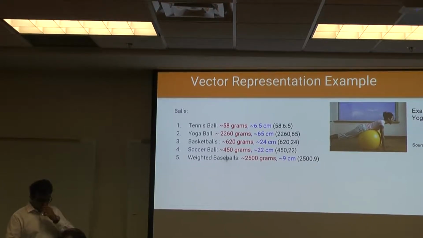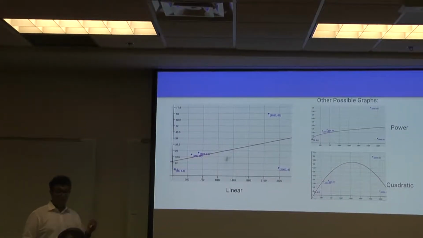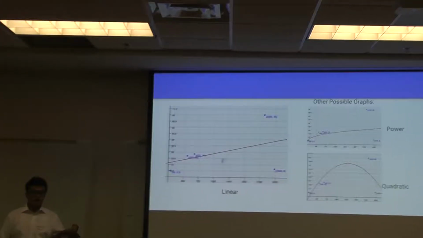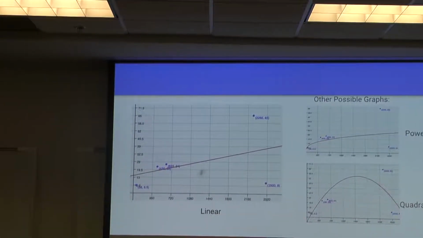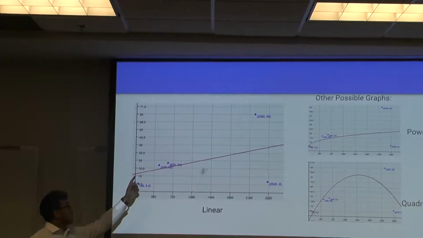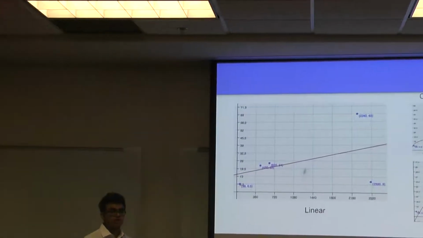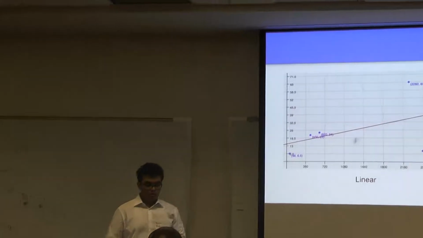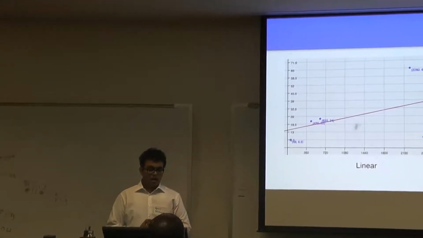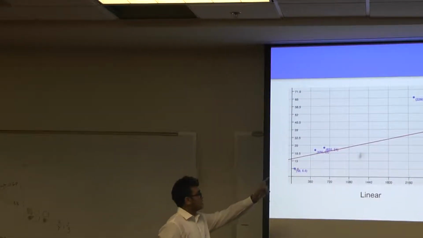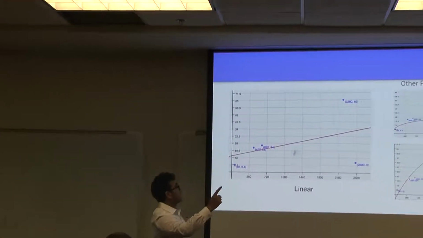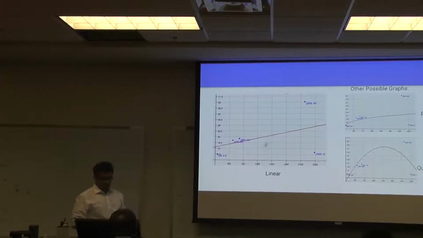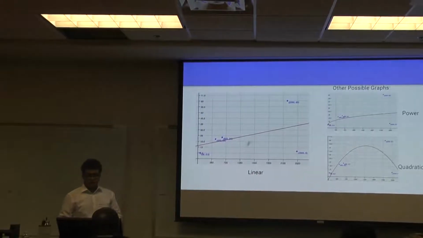Okay, so here's the graphical representation. If you were to put this on a graph where the x-axis is your weight and the y-axis is your diameter, and the red line right here is the line of best fit that the computer generated. So what this basically means is that in the beginning, we can see that we're kind of close to the line of best fit. Our points are pretty close, but towards the end, in the 2000s, they don't really seem to be matching up very closely to our line of best fit.